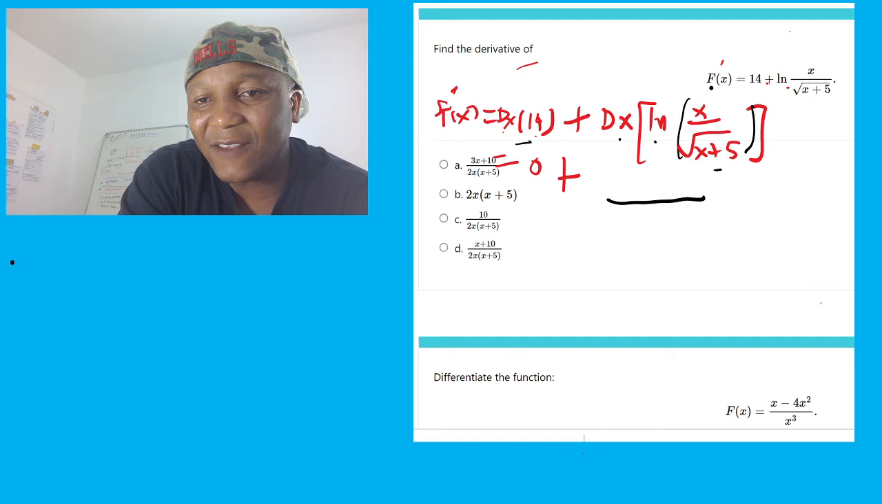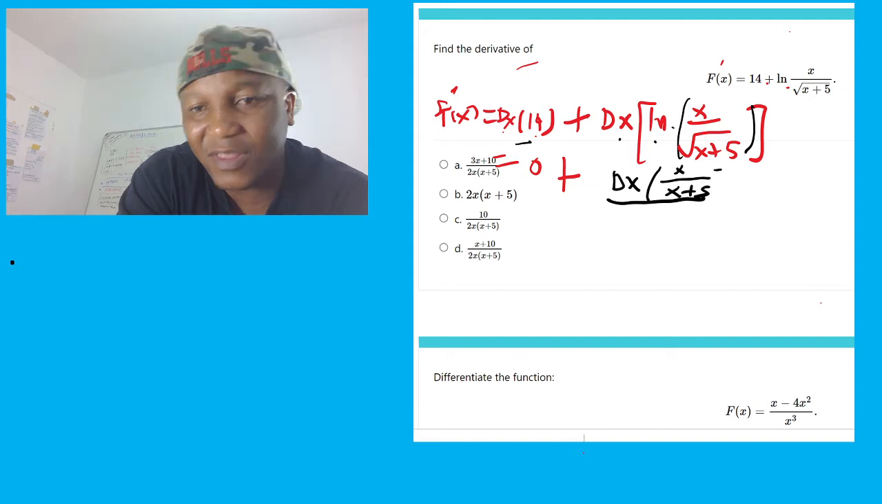What is everything we have? Everything we have is x over x plus 5, and then root. Let's just do this, root. And then over exactly what you have here, which is x over x plus 5 root. So this is going to be f prime equal to,